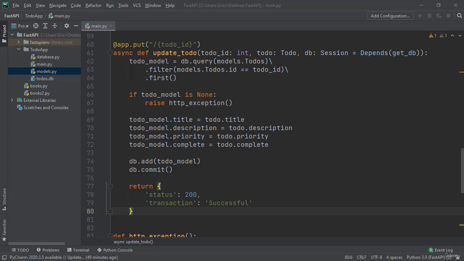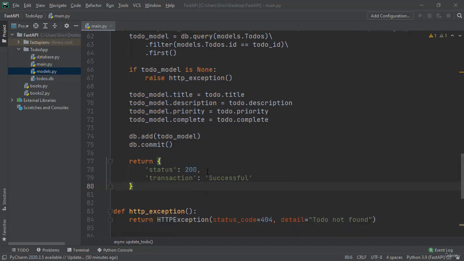In this lecture, we're going to be creating our delete request method to be able to delete to-dos. How we're going to be doing this is by creating a delete request method that takes in a path parameter of to-do ID, and we're just going to delete the record where the ID matches the to-do ID. So let's dive in. Right under our put request method, let's create a new request method of